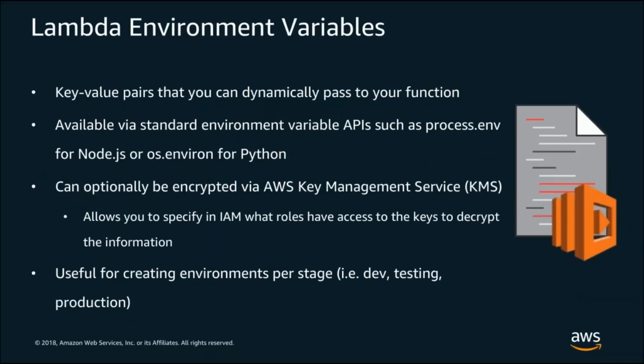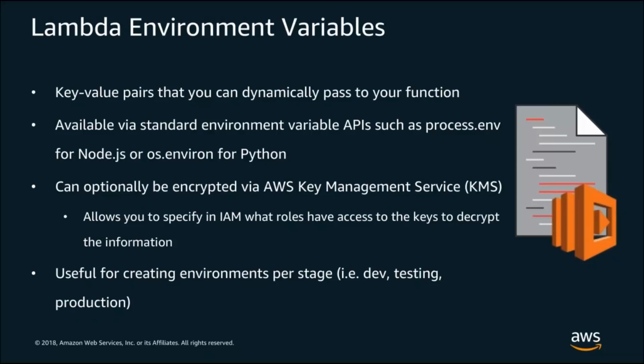So let's talk a little bit more about some of the capabilities of these templates and how you might use them. Inside of Lambda, we have what are called environment variables. Pretty straightforward. They're key-value pairs that allow you to pass information down to your function. And the way that they are then processed inside of your function is via standard environment variable APIs. So for example, process.env for Node.js, os.environ for Python. Again, depending on what your language is, you're just going to use the basic commands to pull in the environment variables that you would find on the OS itself.